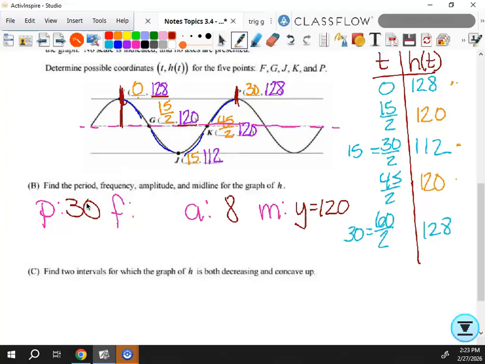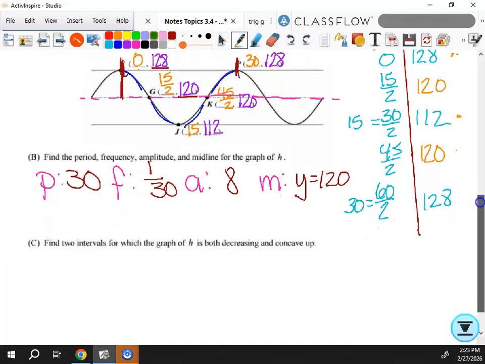And then what is the frequency? 1 over 30. Very good. Oh, 30. What questions do you have? Okay. So now the last part says to find two intervals